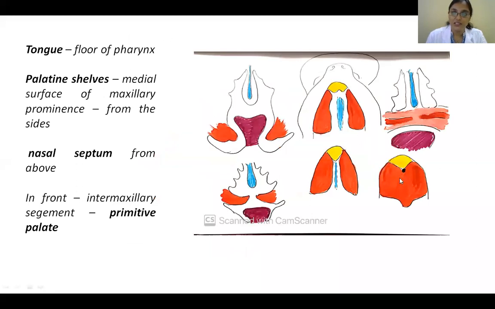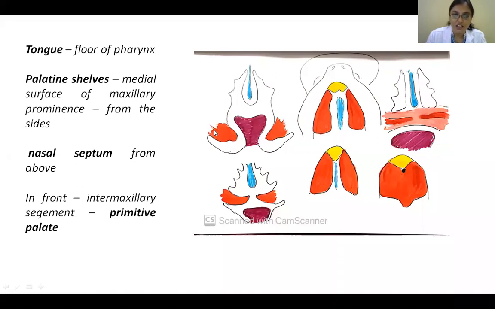In this diagram, you can see the nasal cavity here. This is the nasal septum that is forming, so the two medial nasal processes are formed. This is the floor of the pharynx, and in it the tongue is developing. You can see such a big mass in the floor. This entire thing is the oral cavity, this is the nasal cavity, and there's a communication here. The maxilla has already been told by the genes to form the shelves.